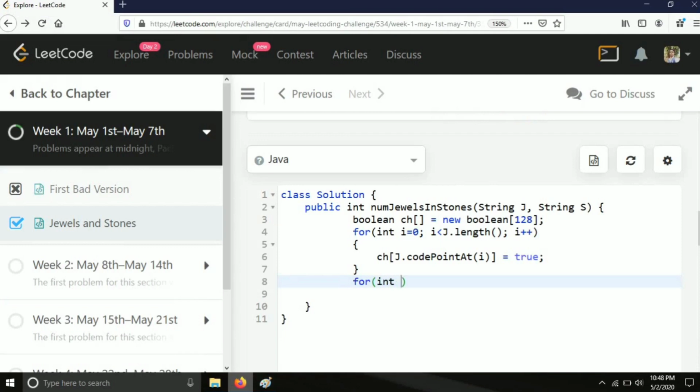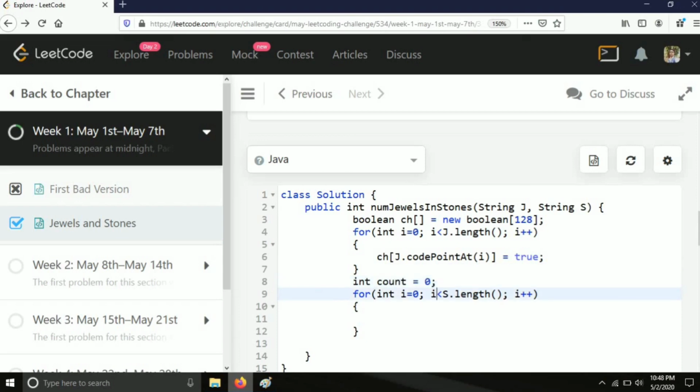So we are going to do the same for int i equals 0, i less than s.length, i plus plus. Now we will look into the lookup table, and if it is true, then we will count. So firstly create a counter variable, int count equals 0.